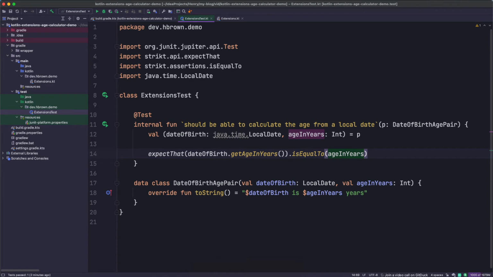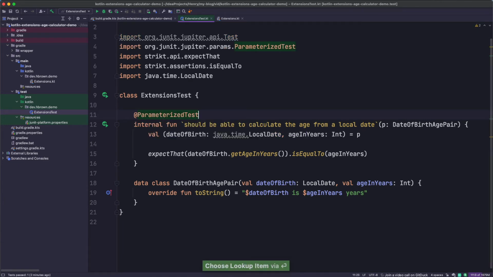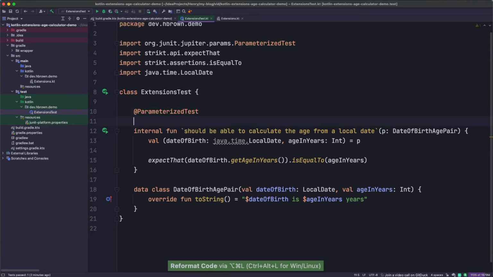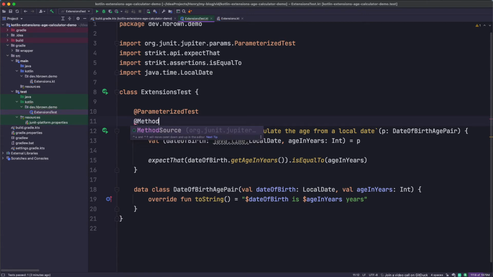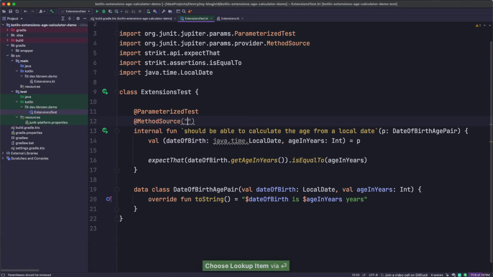And of course, what I've also got to do is get rid of this test annotation and change that to a parameterized test, and then I need to define a source from where I'm going to get all of this data. So in this case, I want to use a method source, and I'm going to call that method source localDateToAge,